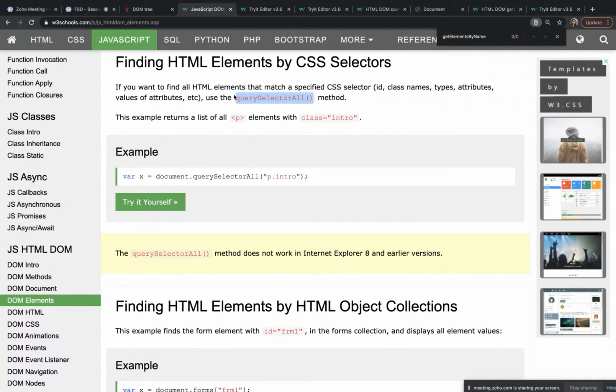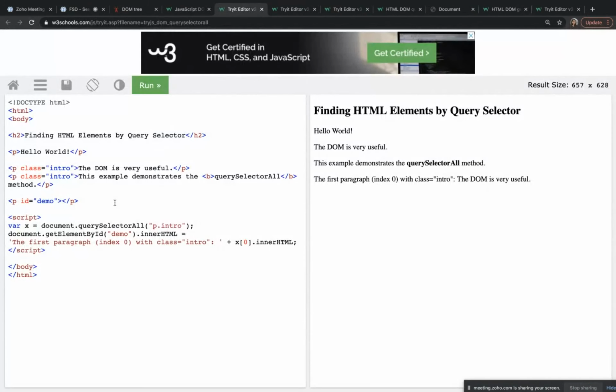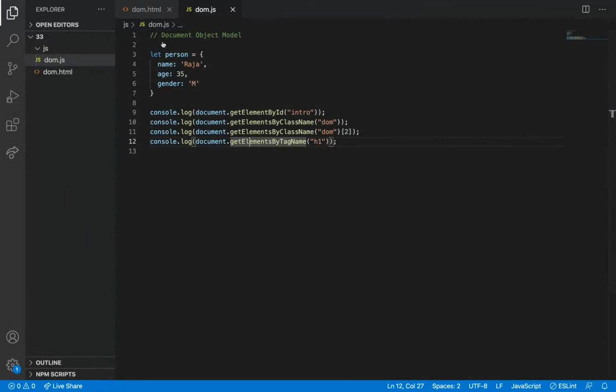Query selector just queries the selector, like p dot intro. What is intro? It is just a class. So I can write it here itself. Why do we need to go there?